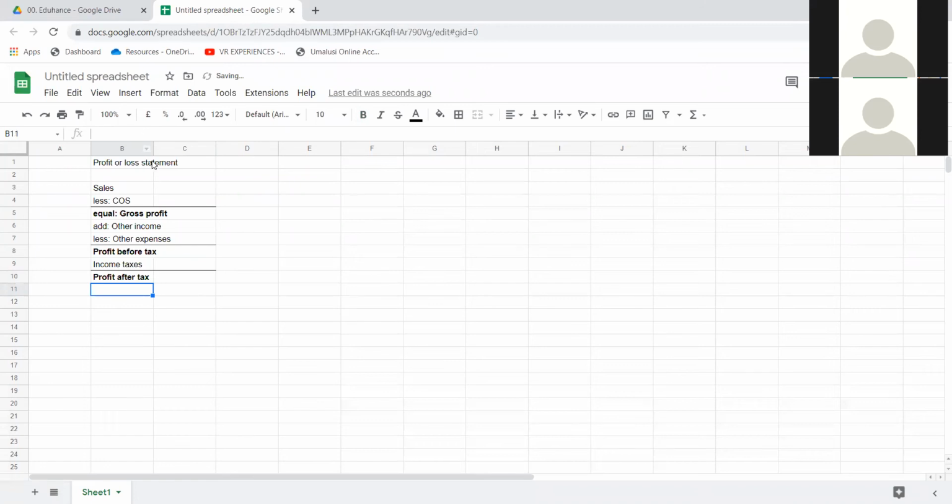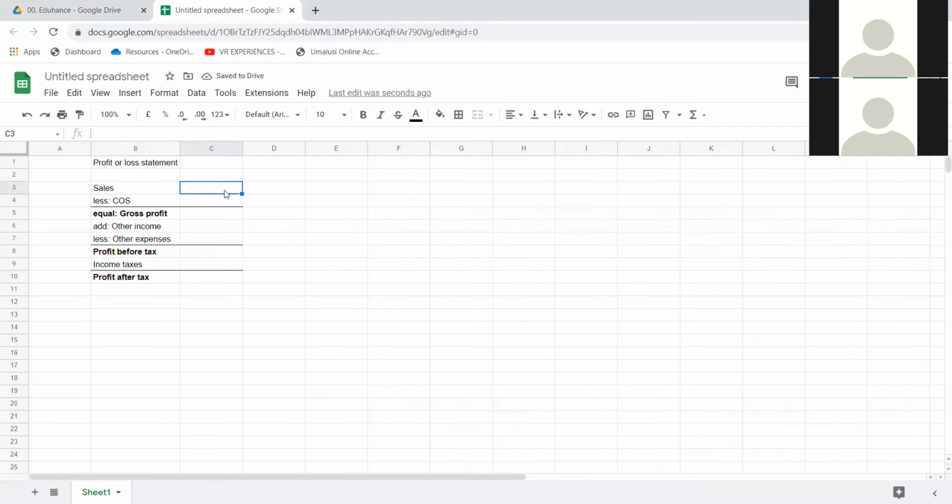Now, this is important to understand. When we have sales, the sales number, the accounting standard that applies to sales is IFRS 15, revenue. So IFRS 15 applies to sales, which is revenue. So therefore, sales is determined using accounting principles.